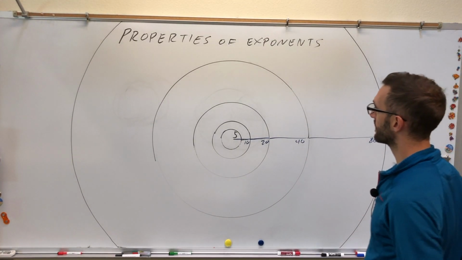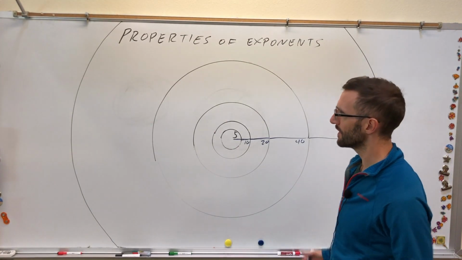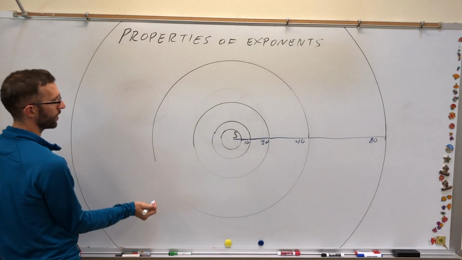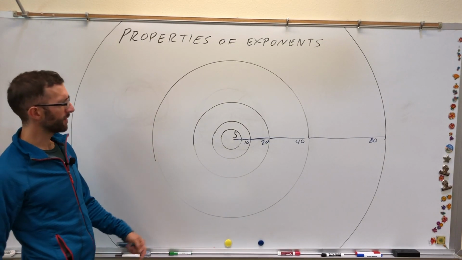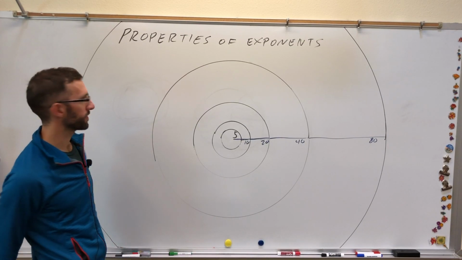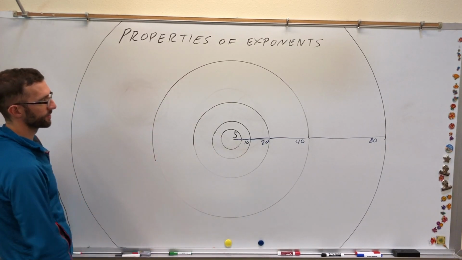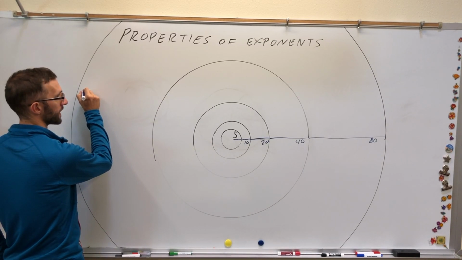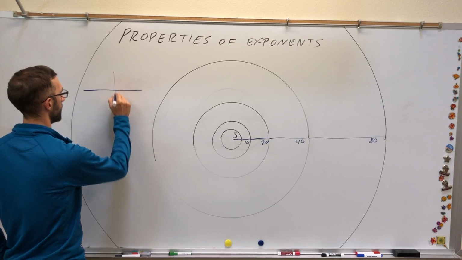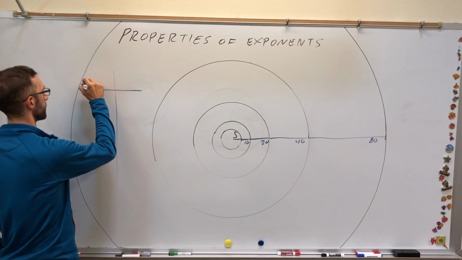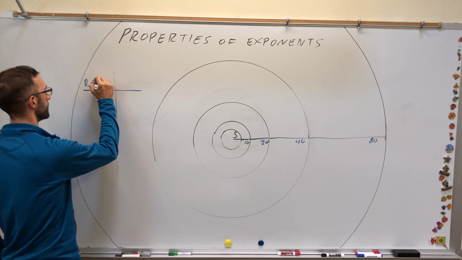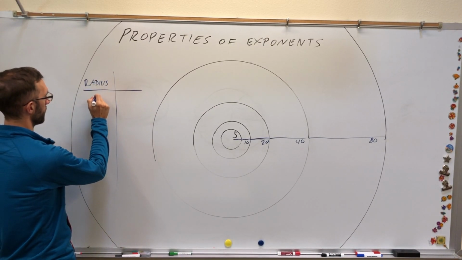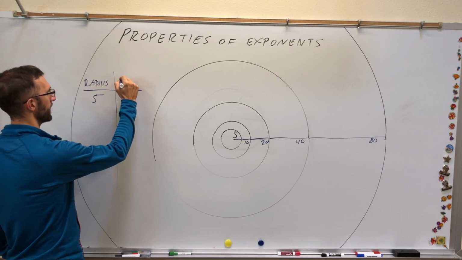So we're going to explore these, but let's play around with this. We just did some stuff. Let's play around with what we got. The first thing I want to do is play with circles and figure out how big these circles are in terms of a number. So we're going to make a little table here on this side. So we have our radius here, and it'll be 5, for example. And then the area,